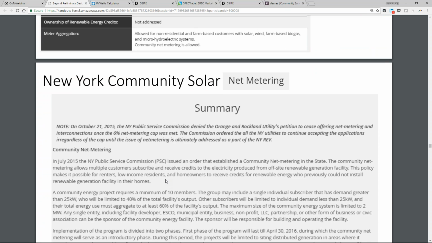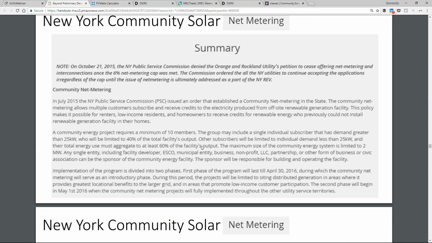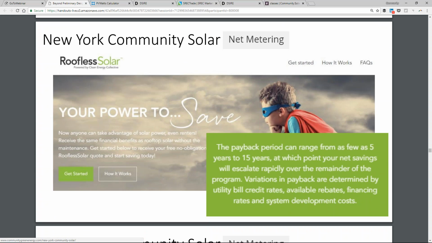they have net metering, and just in the interest of time, we're going to glaze over this. But again, you can use the DESIRE website to go into your own state and research net metering, renewable portfolio standards, and any community solar legislation. And so they have pay as you go community solar offerings that lock in a rate for 15 or 20 or 25 years. And then you get to a company called Roofless Solar,